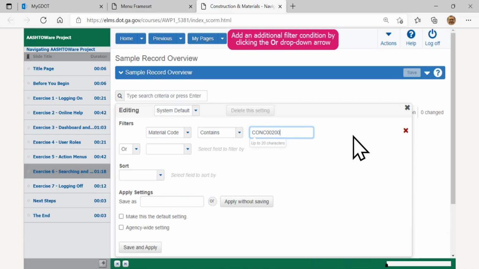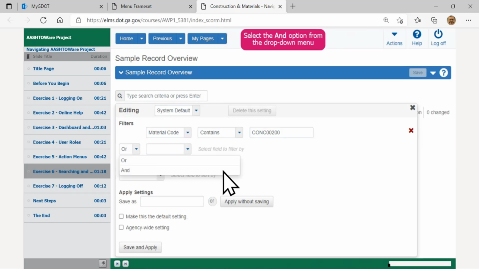If I want to add an additional filter to the information, you'll see over here on the left-hand side an OR drop-down. Click on the drop-down next to OR, and you'll see there's both OR and, of course, AND. OR means either condition can match. If you've used Excel before, you know an OR condition means that one or the other has to be true, but it's going to include everything together when it's searching for the information. There's also AND. AND, of course, means both conditions or multiple conditions all must be true to return that information. Let's go ahead and select AND.